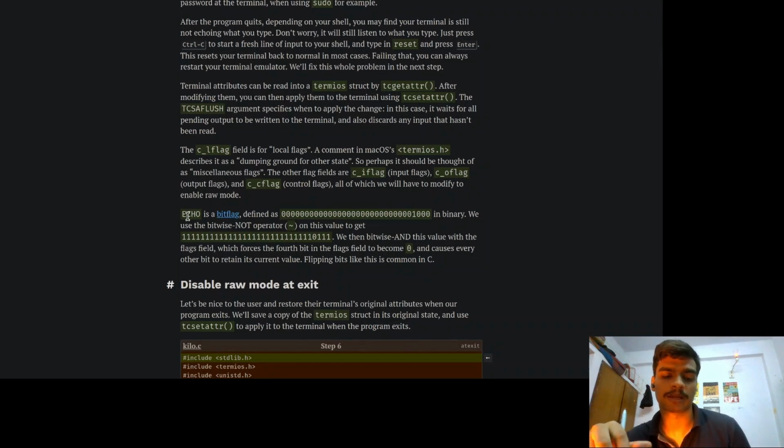Echo is a bit flag. The value of the flag is this. We can use the bitwise not operator on this value to get its complement, then bitwise AND this value with the flags field, which then forces the